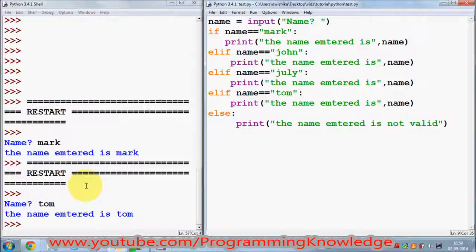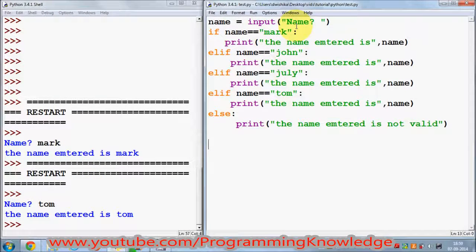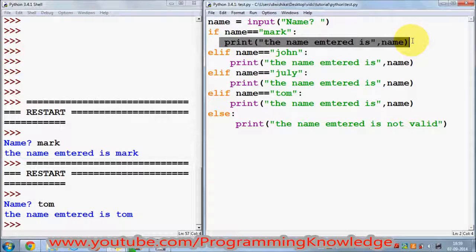So what's the flow of the program? We are asking the user to enter any name. When the user enters a name, it goes into this name variable, and then the program comes to this place to compare this name to the name Mark. If the name is Mark, it will print this. Otherwise it will go on to check